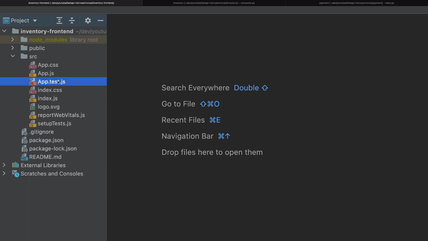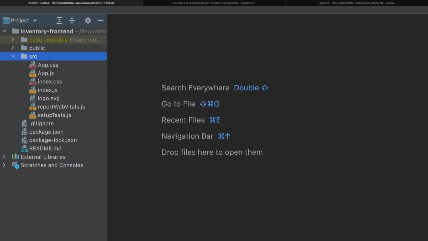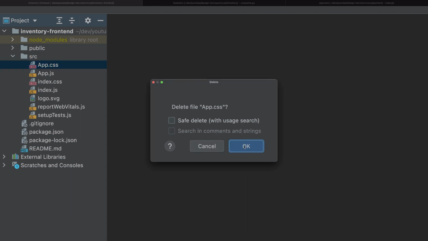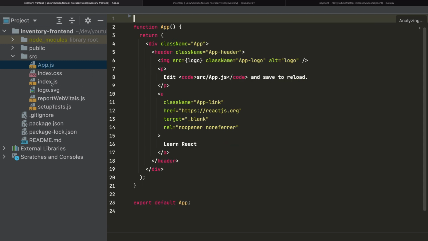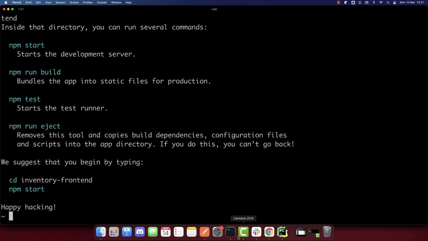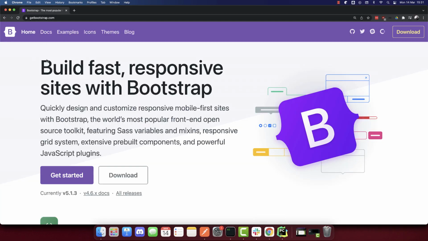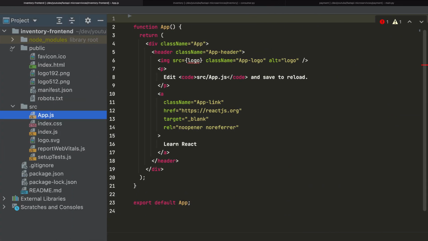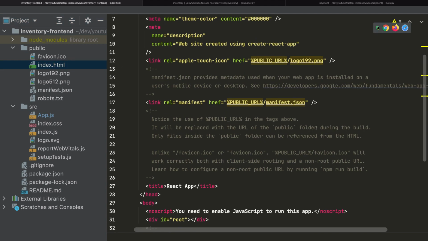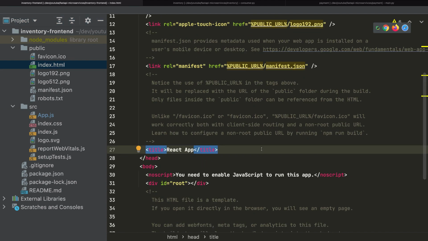I will remove the test file and this app CSS. We need just our app.js and our index.css. So for the app.js, I will change the HTML here. I will go to getbootstrap.com, click get started, and let's copy the bootstrap CSS. I'll paste it here on the index.html,